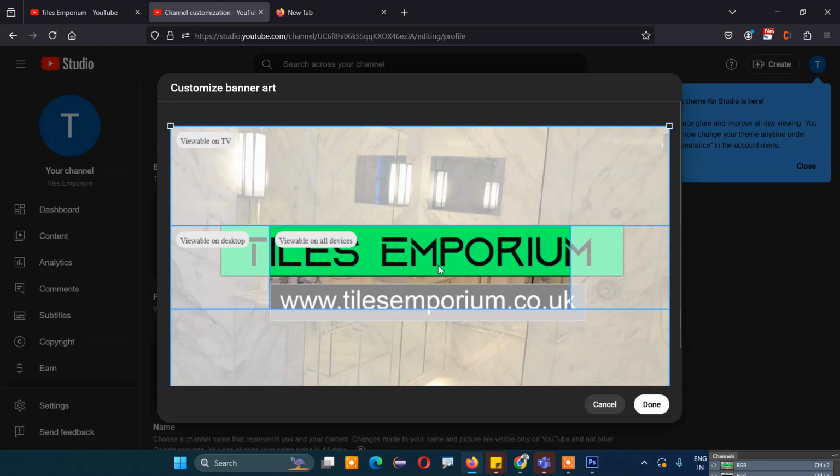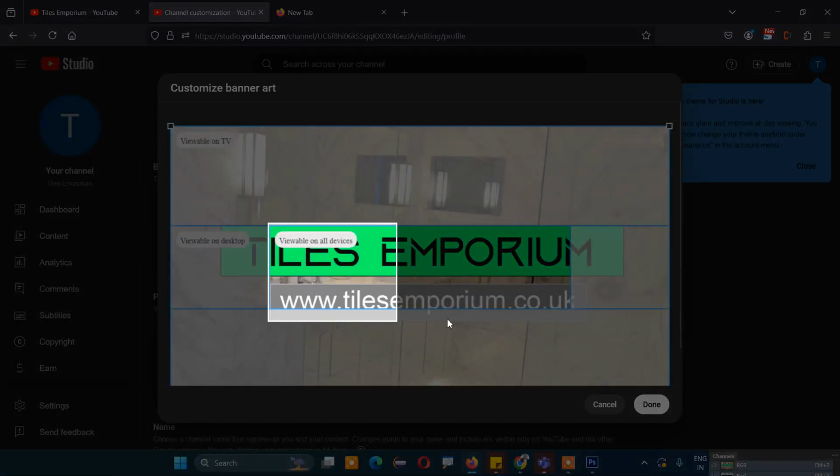So that means what we have to do, this logo and this one also we must keep inside this area so that it will be visible on all the devices. Understand? This area means your main material should be within this area so that it will be visible in mobile, other devices also. So what I will do, I will take one print screen so that I can adjust the content within that area. Okay, I will select this area